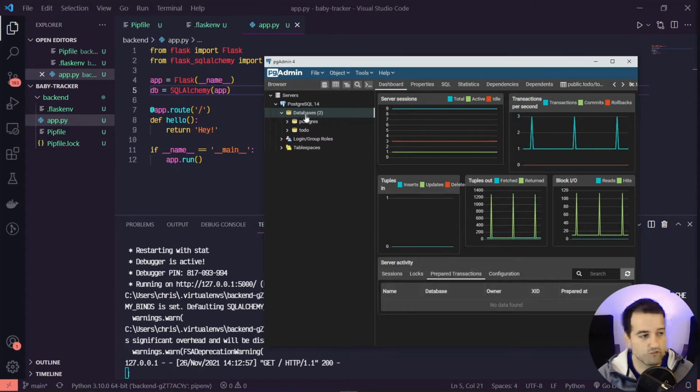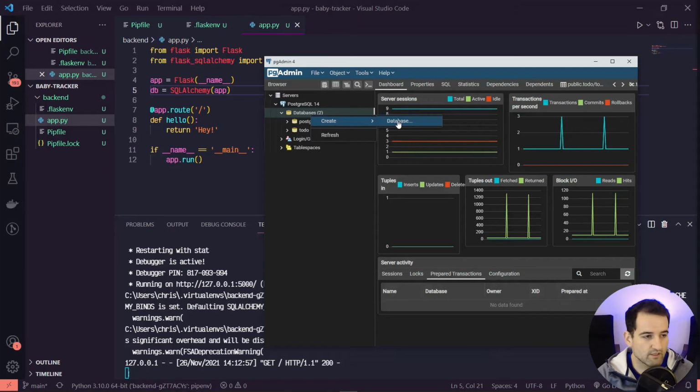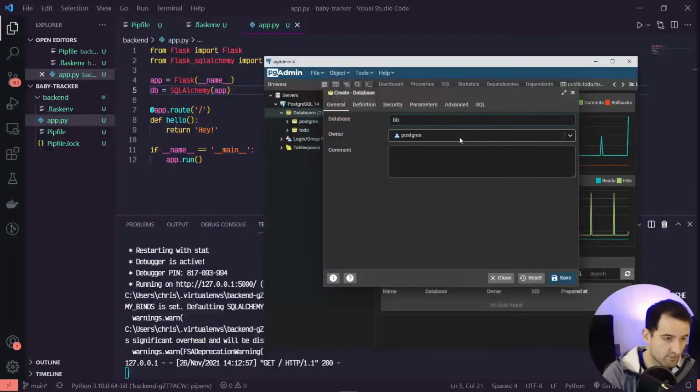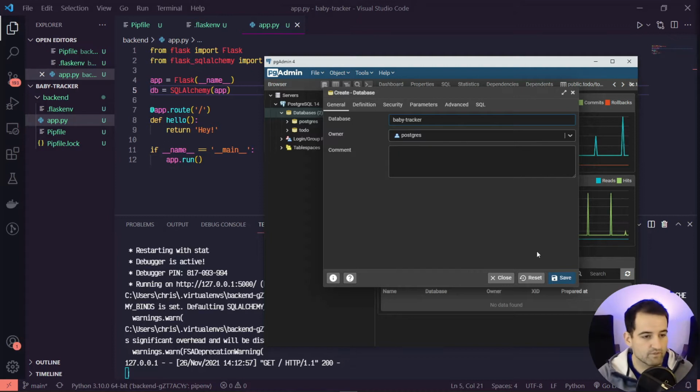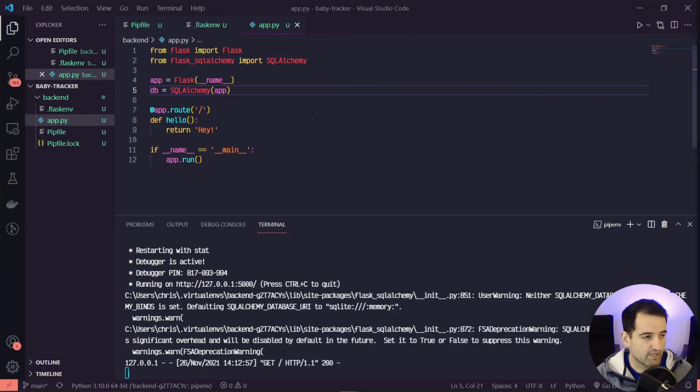You'll want to make sure that you know the password that you set up, because we're going to be referring to that. But on databases, I'm going to click and say create database, and I'll say baby-tracker and hit save. And so now I've got a brand new database. Now we need to hook into that. So in our app.py,